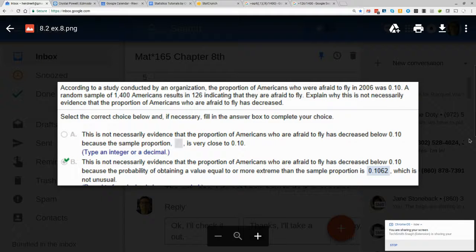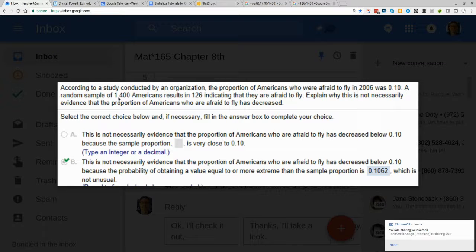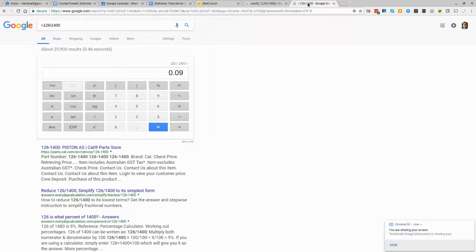Okay, so this is 8.2 number 8, and it really gets at the heart of where this is all going. The context of the problem is that an organization does a study and finds that 10% of Americans are afraid to fly. Then somebody else does a random sample of 1,400 Americans, resulting in 126 indicating they are afraid to fly. That's a sample proportion: 126 divided by